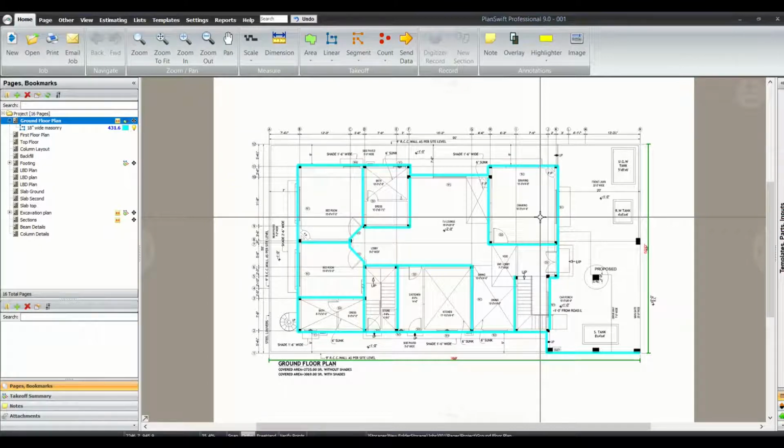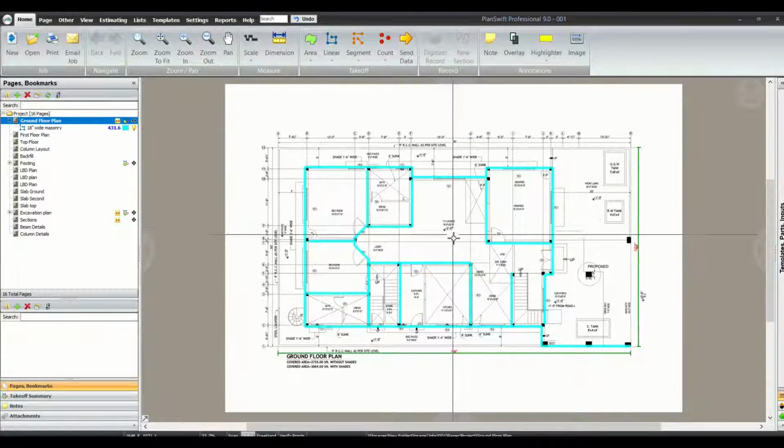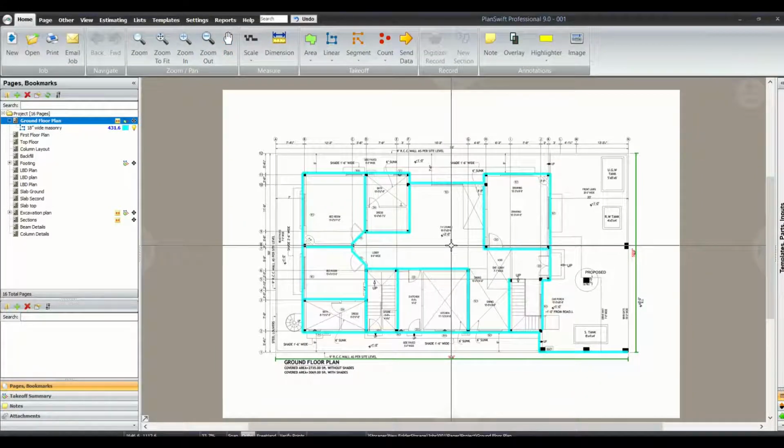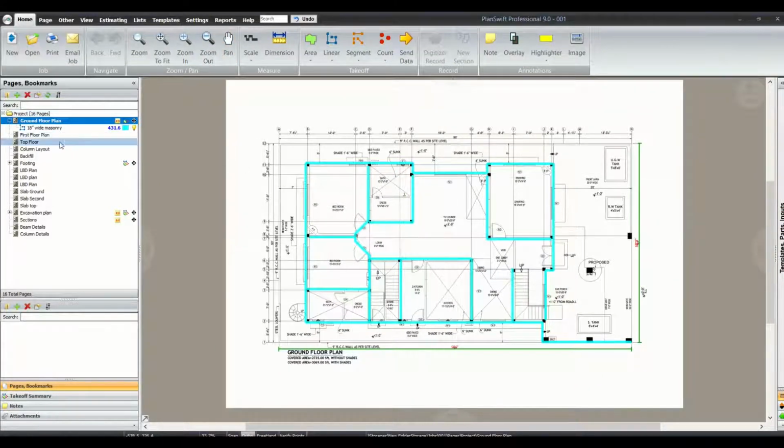And without any further delay, I would like to go ahead. On the screen you can see that we have the plans which we have been using since session 1.